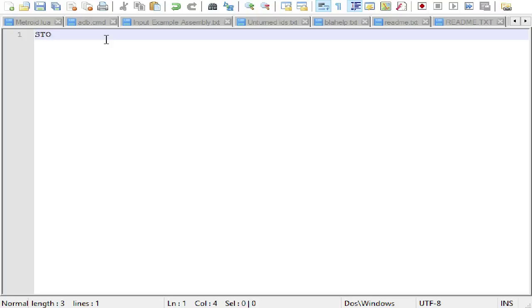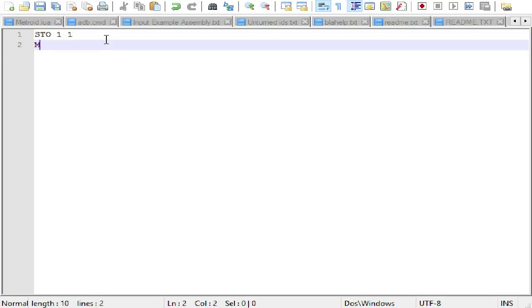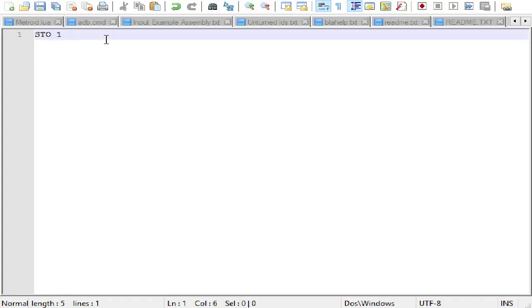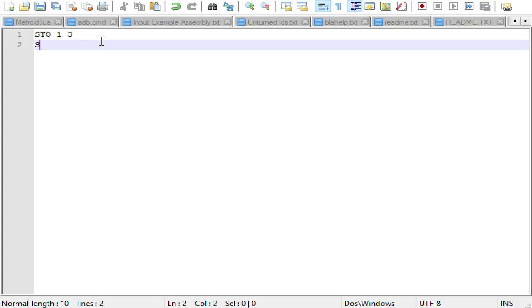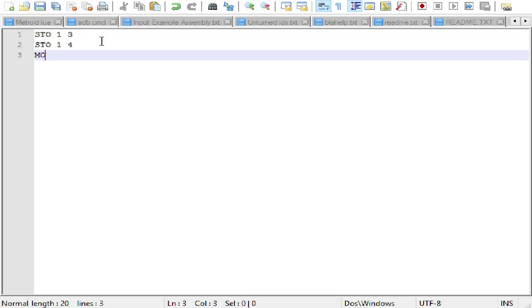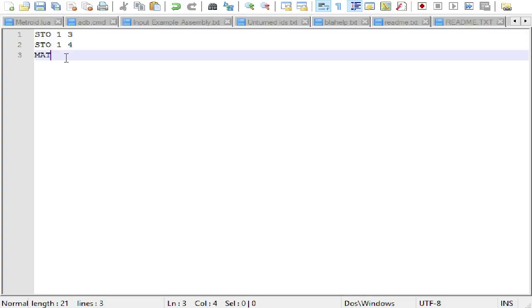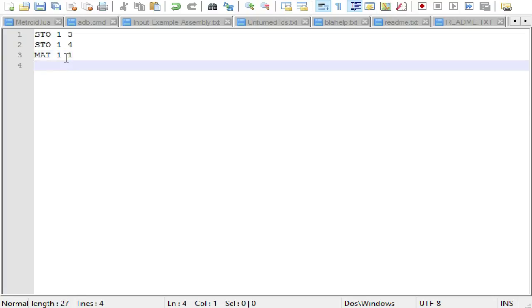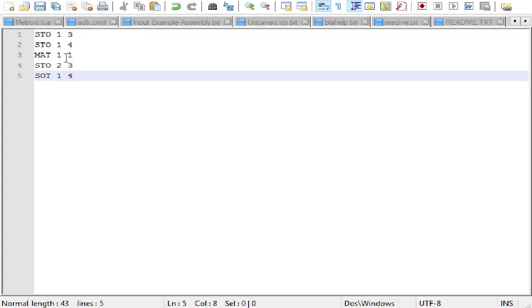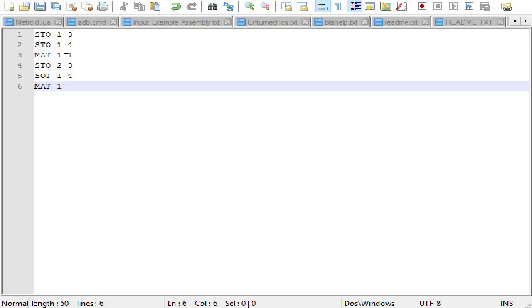Alright, so let's say we want to store 1 into the A register, and then we want to add. Oh, we'll actually store 1 into the X register, which will be, I think it's 4, 3, and then we'll store 1 into the Y register, and then we'll want to add. So first argument will be the number you want to put into it, and then the location, and then math will be, let's say we want to add it and then store it into A, and then let's put 2 into X, and then 1 into Y, and then we'll add those two together and then put it into the B register,